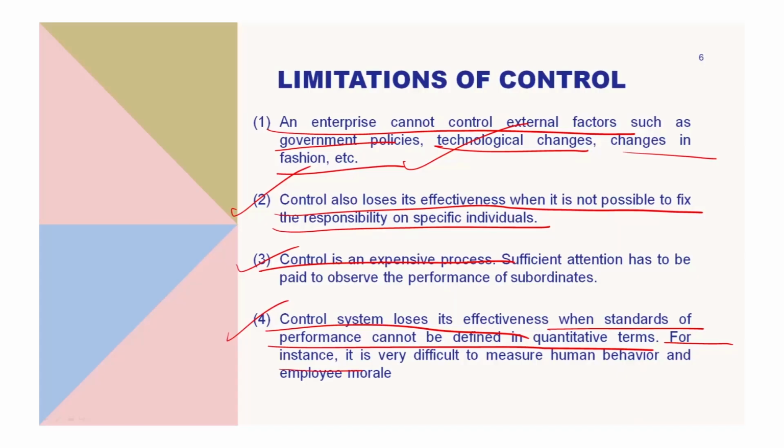For instance, it is very difficult to measure human behavior and employee morale. Human behavior and employee morale are very important elements in increasing the efficiency of the organization or its activities, but it is not possible to measure them quantitatively. All humans can behave differently. So, these are some of the barriers in the controlling mechanism, and with this, in this module 47, we